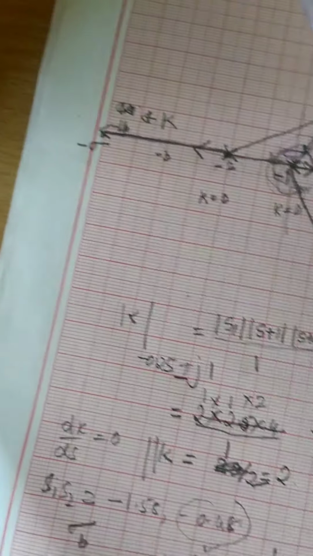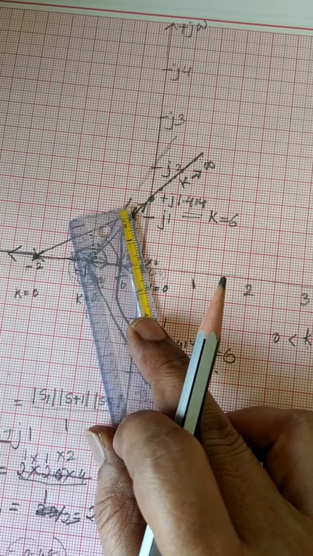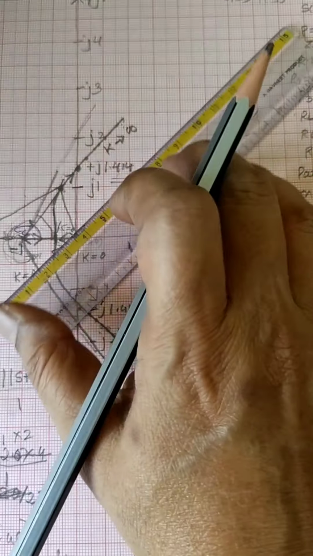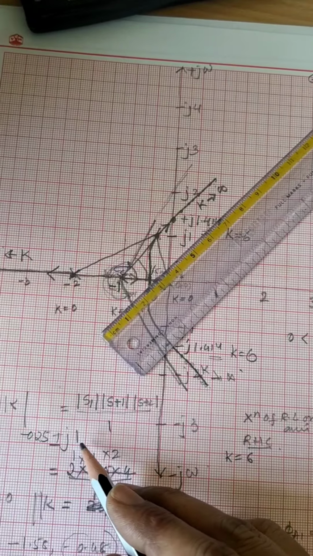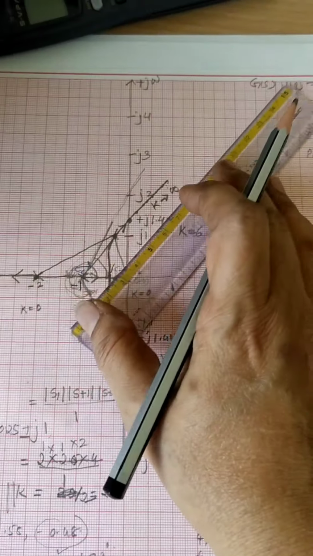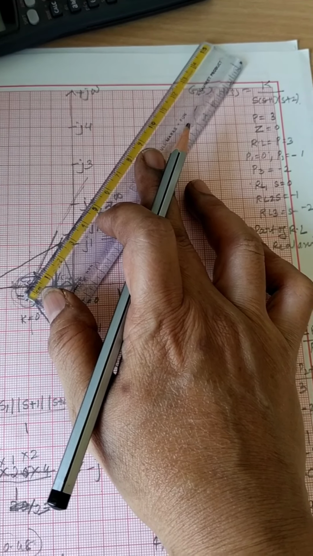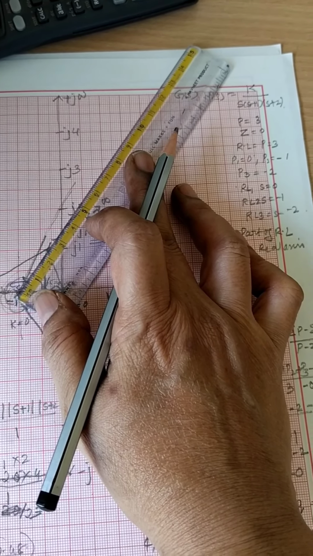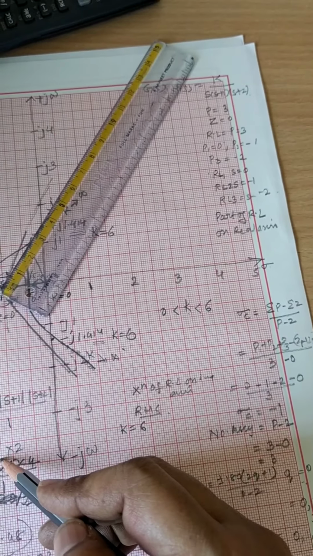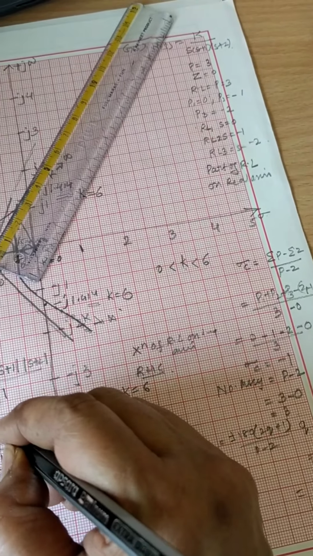You measure from this to this. So here it is 2 centimeters from S is equal to 0 to the point. It is 2 centimeters. So divided by 2, it will be 1. And that 1 I have taken here. Then from S is equal to the pole at S plus 1, that is S is equal to -1, again it is approximately 2.5 or 2 centimeters. I have taken 2.5, divided by 2. So it will be equal to 1.25. So here it will be 1.25.